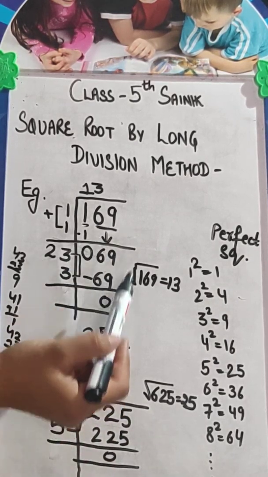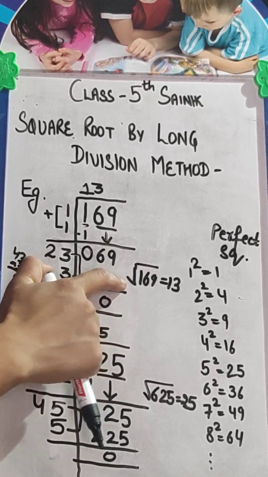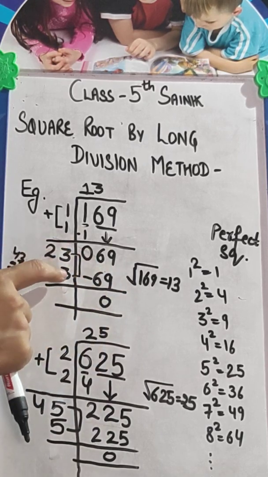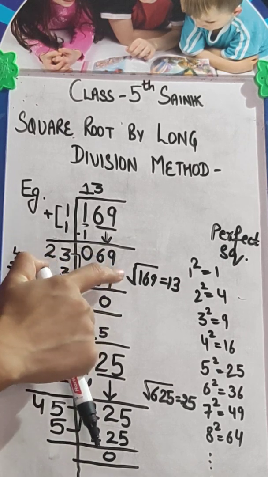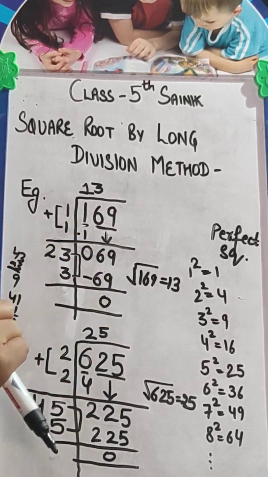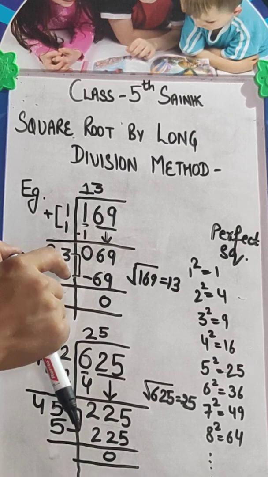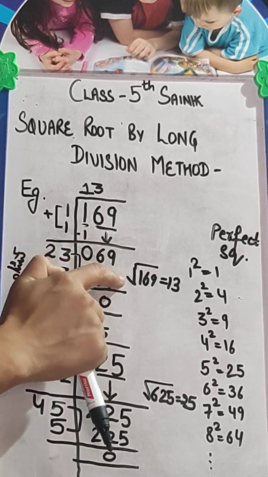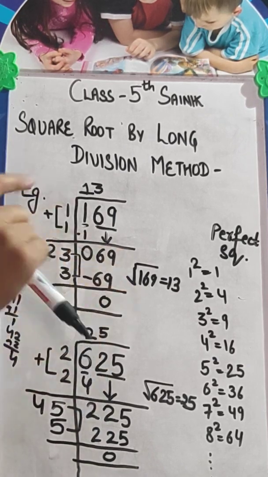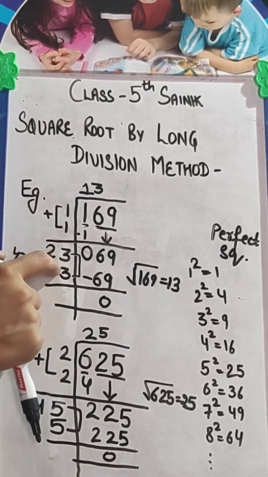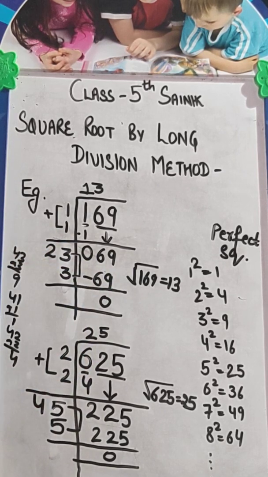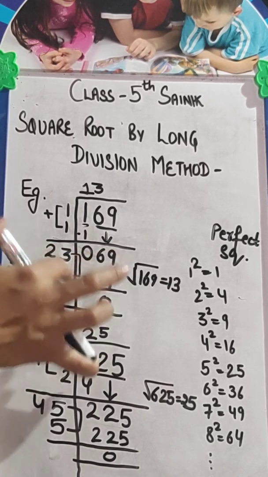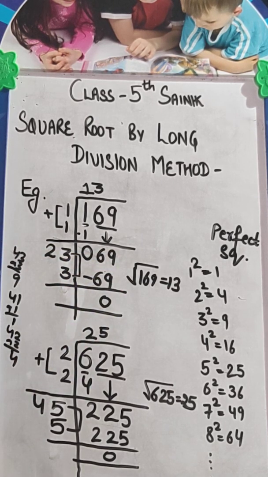In the same way, you can use this here also. If you multiply 21 by 1, you will get 1 in last. But we want that our last number is 9. In the same way, 22 into 2 is 44, means 4 is there in last. But we want 9 in last. So 23 into 3. 3 into 3 is 9. So there may be the chances that we will get 69 after multiplying 23 by 3.